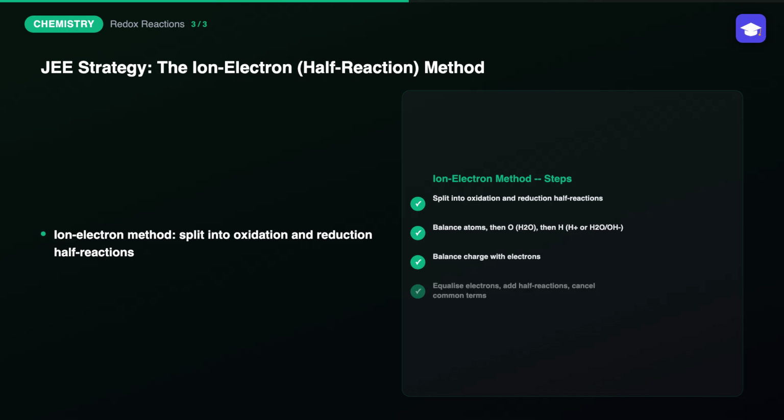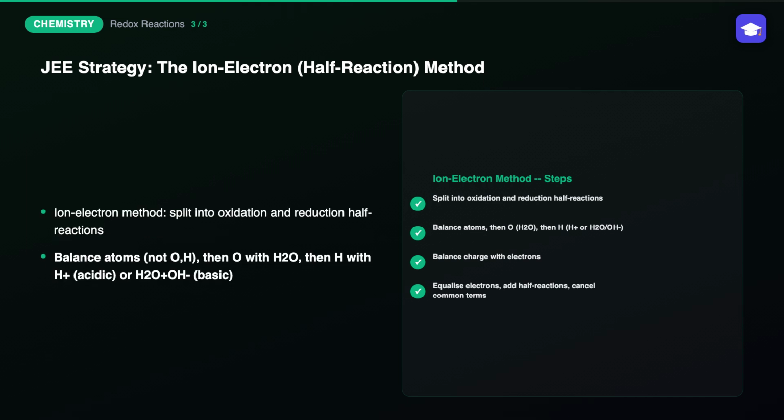The ion-electron method balances even complicated redox equations reliably. First, split the overall reaction into two separate half reactions, oxidation and reduction, then balance every element other than oxygen and hydrogen, then balance oxygen atoms by adding water molecules, then balance hydrogen atoms by adding H+ ions in acidic medium. For basic medium,